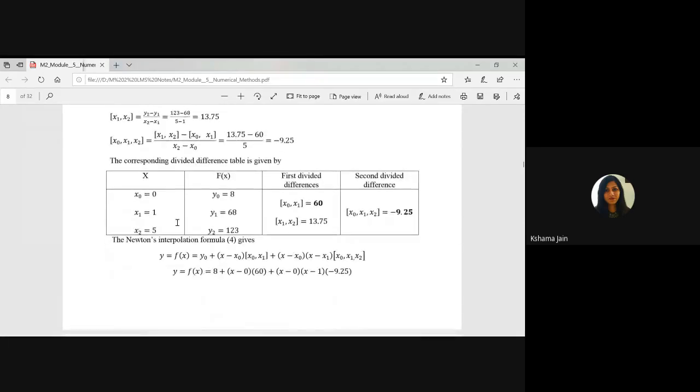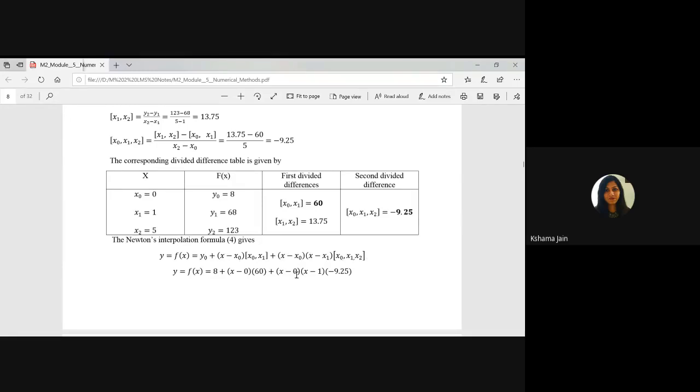After that, nothing. Newton's interpolation formula, you need to remember the formula. Here values of x are till x2 only. So this square bracket will come up to x2. So like this, we will extend the formula: y0 plus (x minus x0)[x0, x1] plus (x minus x0)(x minus x1)[x0, x1, x2]. Now you will ask me why we are not taking x minus x2. Because if we take in the third term x minus x2, we need to take the divided difference of x0, x1, x2, x3. But we don't have x0, x1, x2, x3. So here the formula will terminate.